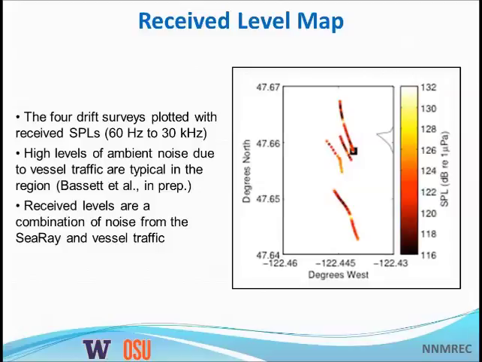Now, I'm not sure about the long-term statistics at this site, but I've been doing work in Admiralty Inlet with Brian, where we find mean broadband sound pressure levels from 20 hertz to 30 kilohertz to be on the order of 119 dB over the course of a year. So these are extremely loud sites. So we might expect that noise from these devices would often be masked.